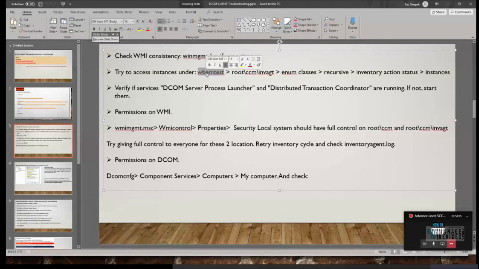Again, WBEMTEST is the tool which is used to find out if your WMI instance is intact. So how do you do that? You just open command prompt and type this command, wbemtest, and connect to root\CCM\INVAGT. CCM is the namespace for SCCM in WMI, and this is for INVAGT. It is for inventory. So I'm trying to find out if the classes related to the inventory are loaded or not. So if you open the recursive version of this,